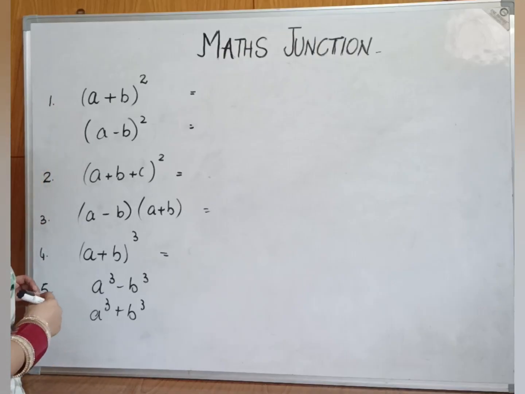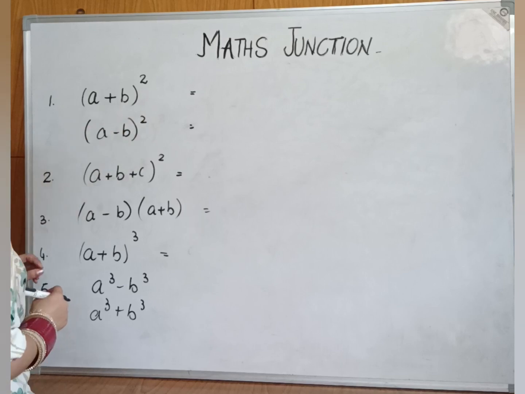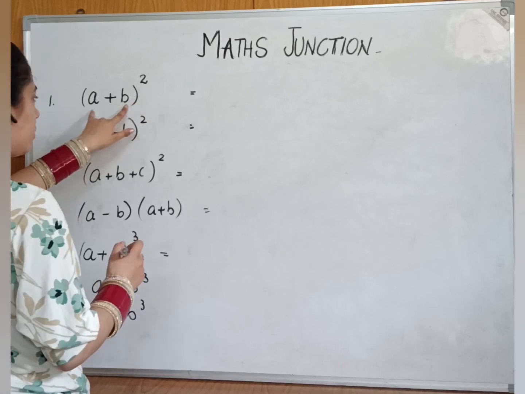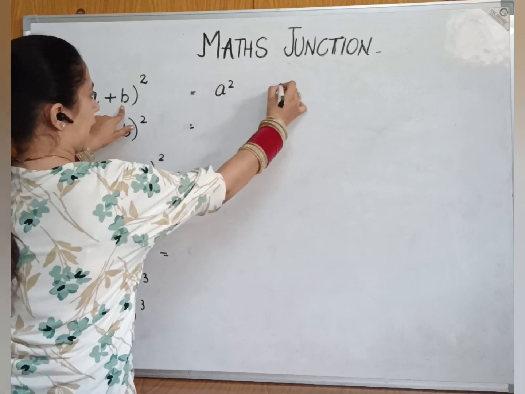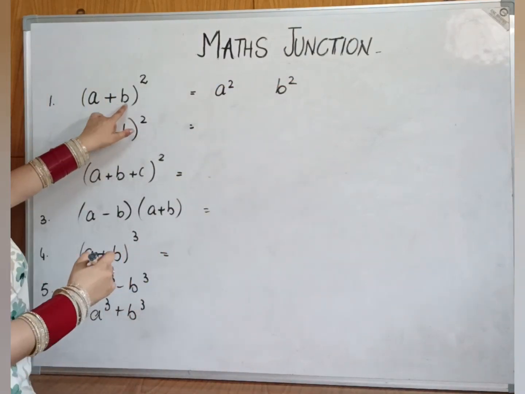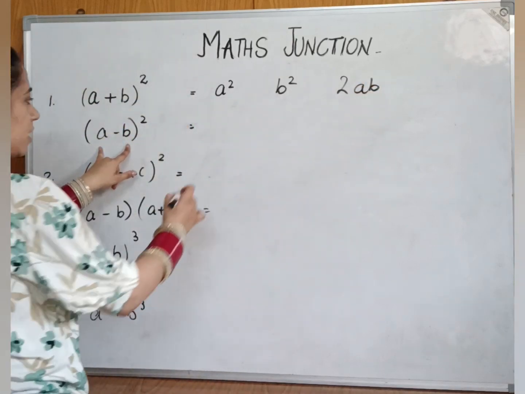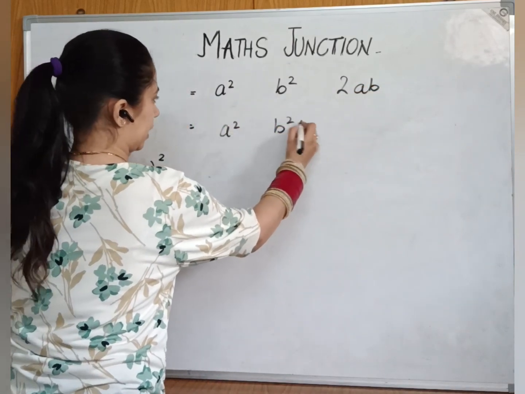First of all, the identity comes as two elements squared. What you have to do is, there are two elements with a square number, do the individual squares. That means a square and b square. And do their product with the twice, because the power is 2: 2ab. Again, the same elements are there. We will follow the same criteria.